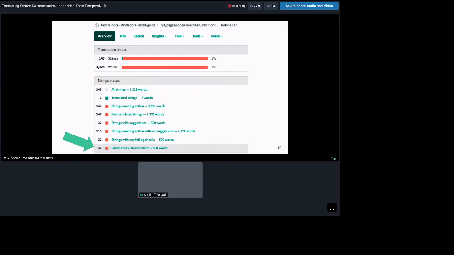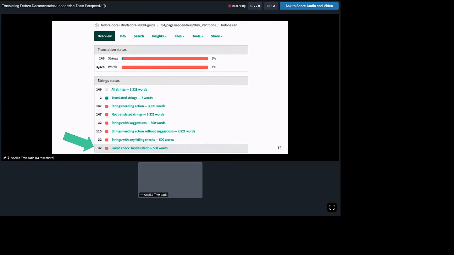For instance, if this module has 149 strings and you see 149 strings failing the inconsistent check, then practically you can copy and process every string, and within a few seconds you can finish the translation.